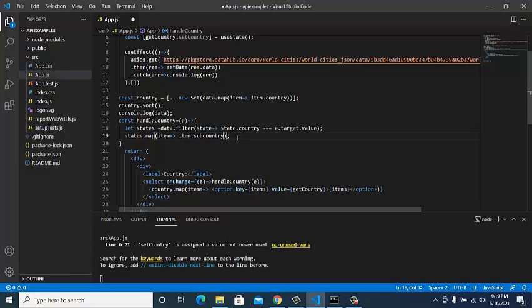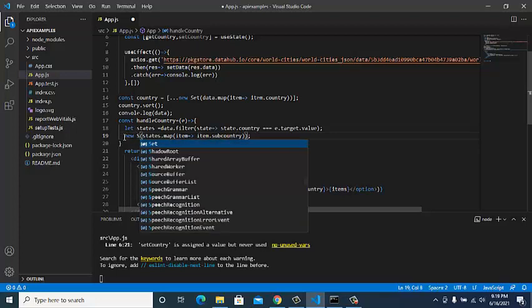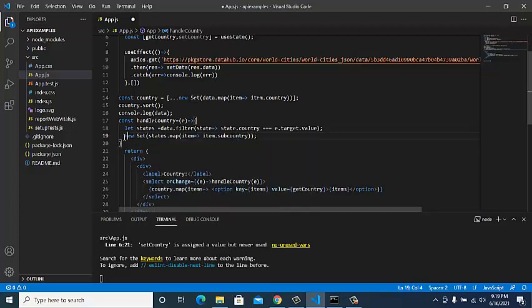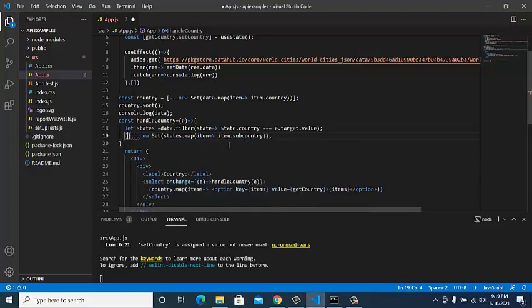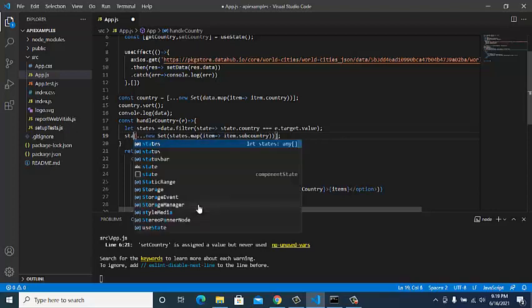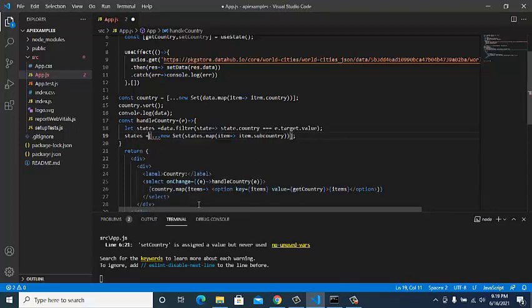Then we use the Set to get the unique data, so new Set, and copy whatever is in the set to an array. I'll save this data in states again, which I created above.